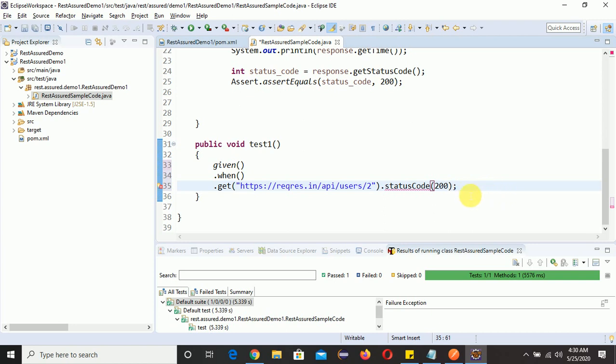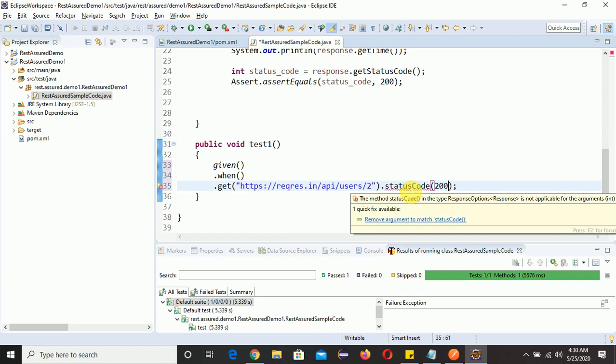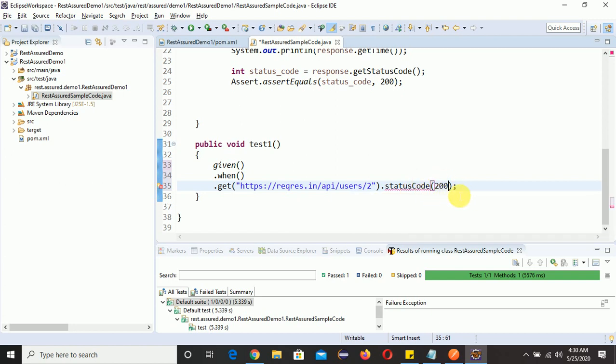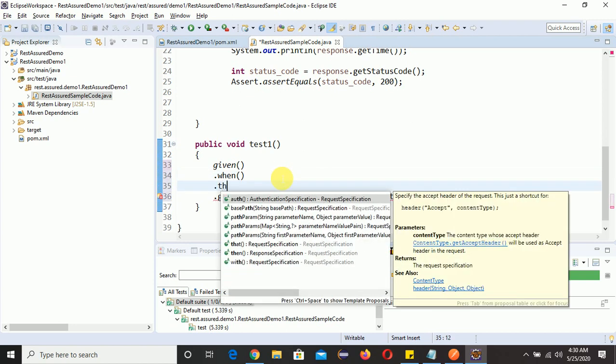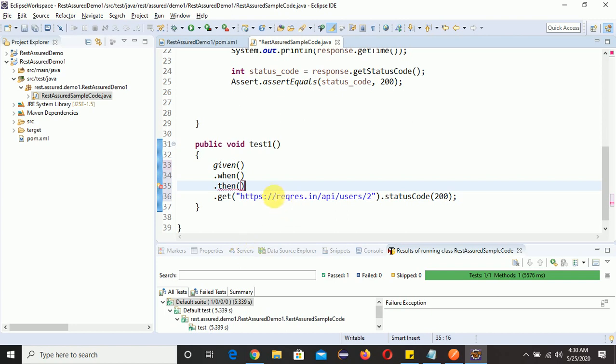Why is it not coming? We are getting an issue here, right? Status code. Okay, we have not used then, right? So our BDD approach is we need to write given when, and after when we need to write then. So we need to write then. Just click it.